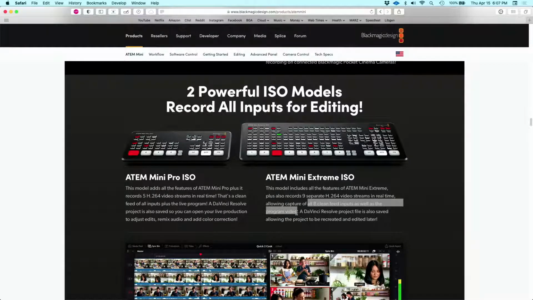So you record it all, so if you happen to cut it, just great, or if you want what you did as a reference for your edit later, that's crucial. 8 inputs is insane. I don't know what kind of studio you'd be running with 8 inputs, but you could do a huge